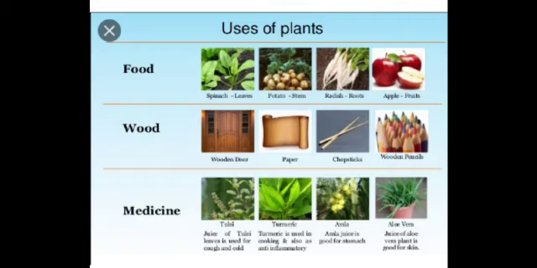We get most of our food from plants. We eat different parts of plants as food, like flowers: broccoli and cauliflower; leaves: spinach and cabbage; stem: potato and sugarcane. Some children will say that potato is a root. No, it's not a root. If you see it properly, you will see small roots on the potato. There are many eyes on the potato. Roots we eat are radish and carrot.